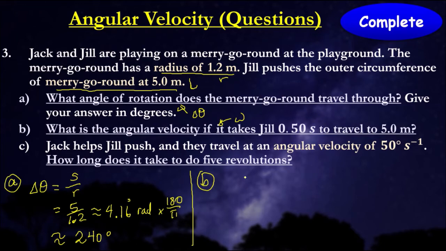So let's find that in both radians and also in degrees. So omega is equal to delta theta divided by the time. Okay, so if it's 240 degrees over 0.5 seconds,